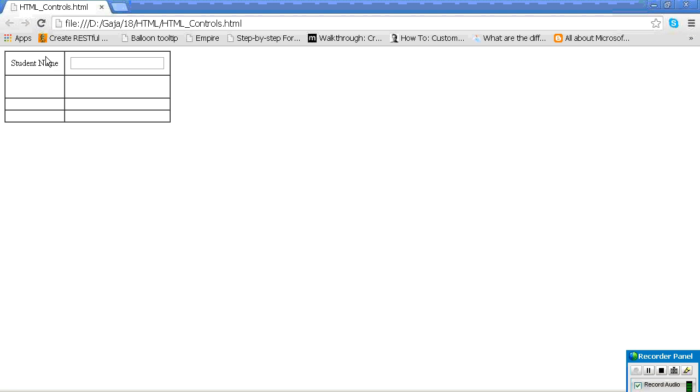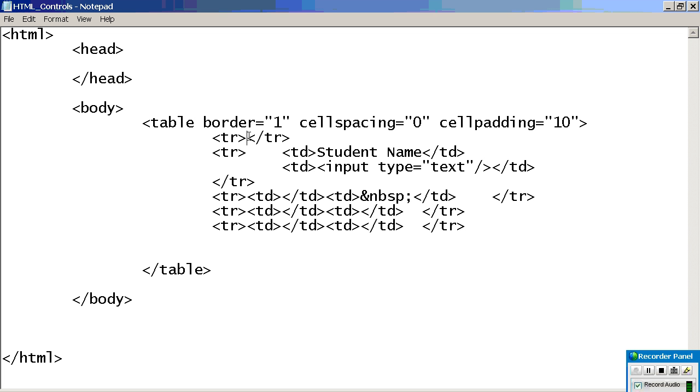Then we will use the colspan. Am I correct or not? So I can go for 1 column. I can do colspan equal to 2, and here I can write registration.